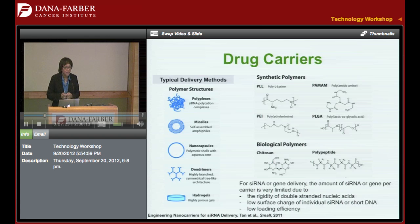And this has allowed us to move nanomedicine a little bit further along and to move RNA a little bit further along. But we still have some limitation in terms of our targets. We can address liver and a few other organs fairly well with RNA now. But there are concerns about toxicity when we begin to develop carriers to address cancer and actually have some sort